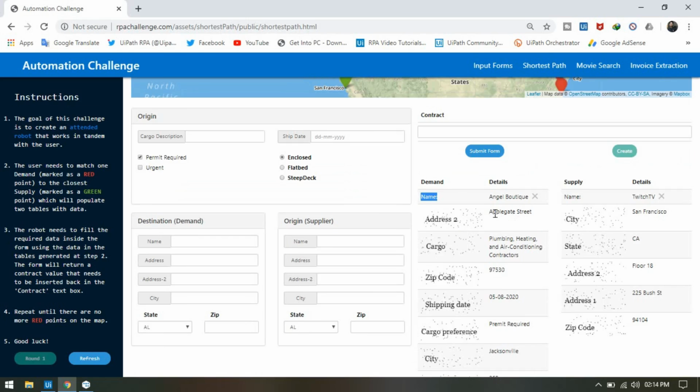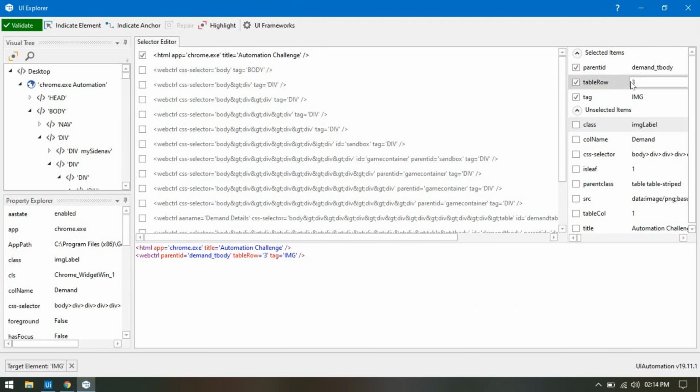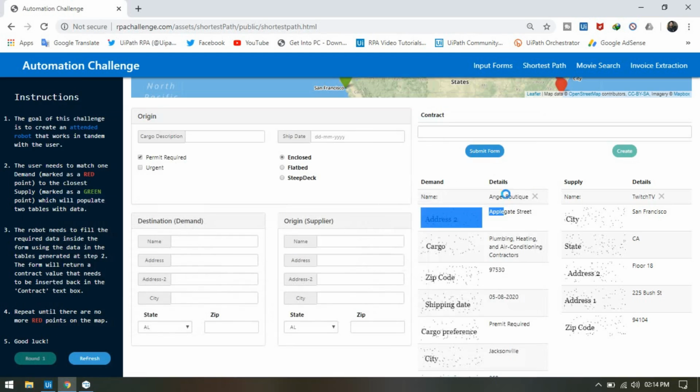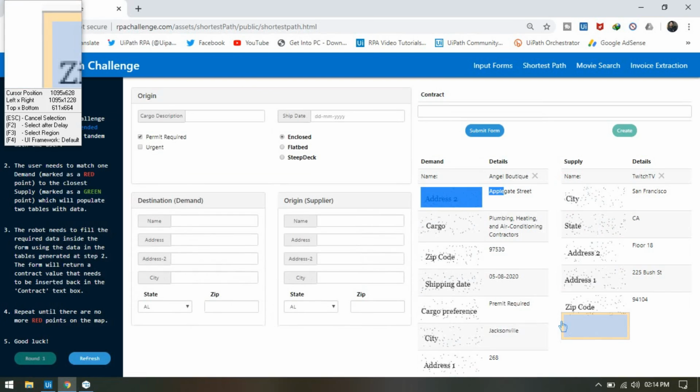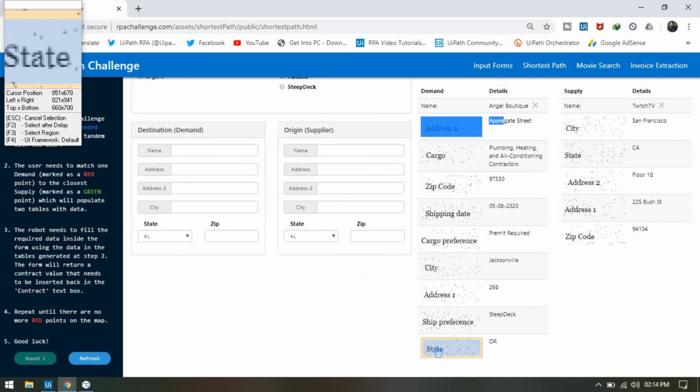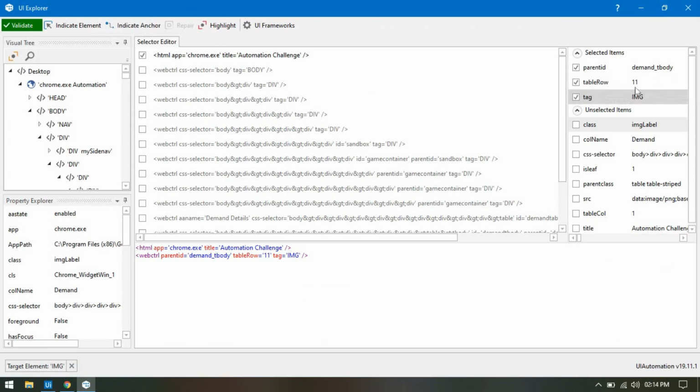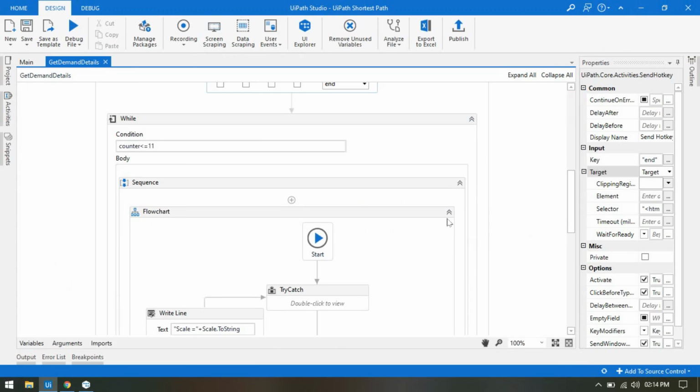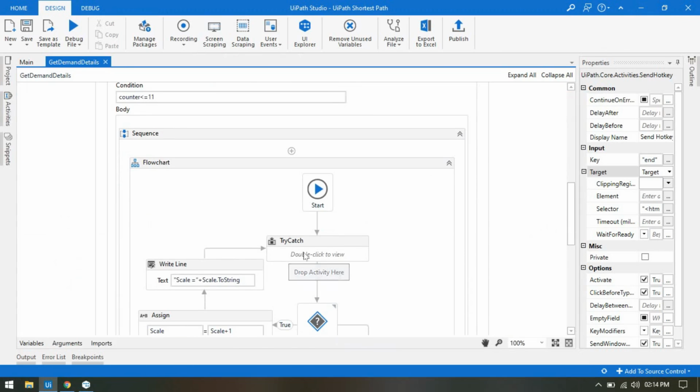So we are going to get the data from the third row. Now you can see here, if we need to fetch the last one, the last row will be 11, right? So our counter will be just 11, because we are just going up to the 11th row.